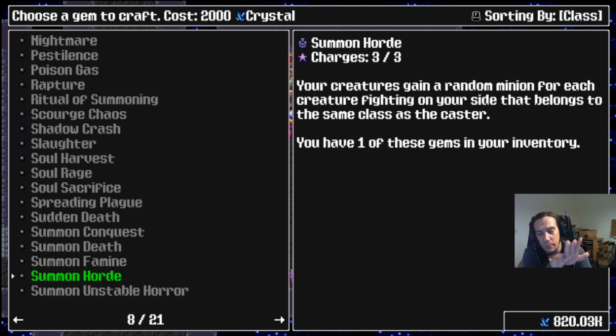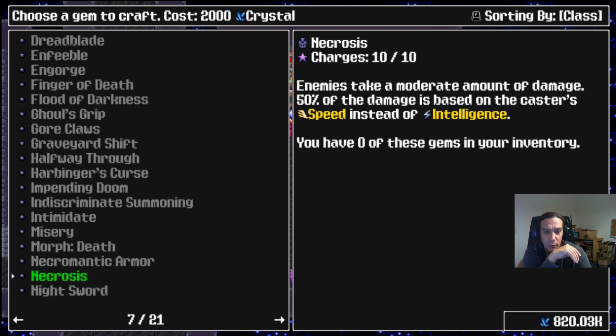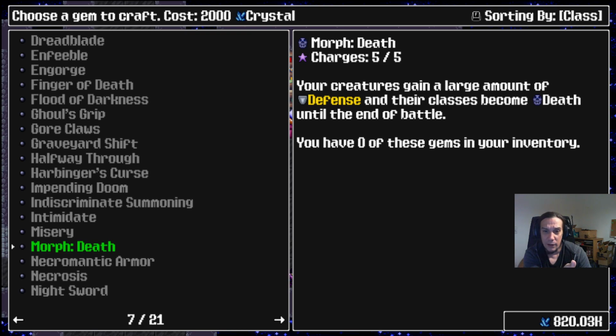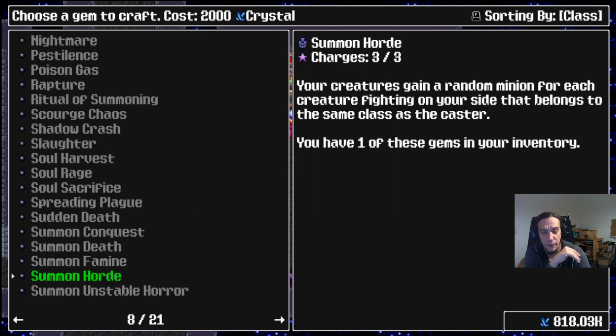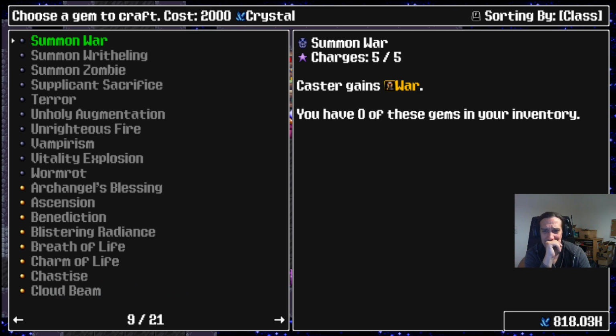So, Summon Horde might be a thing. Because, you know, we can actually rewrite our class. Like, all of my creatures can be the Death class. And then Summon Horde would be working out fine. So, Summon Unstable Horror. The caster gains 1 stack. I don't know. I don't like that. I don't like that. I want AoE